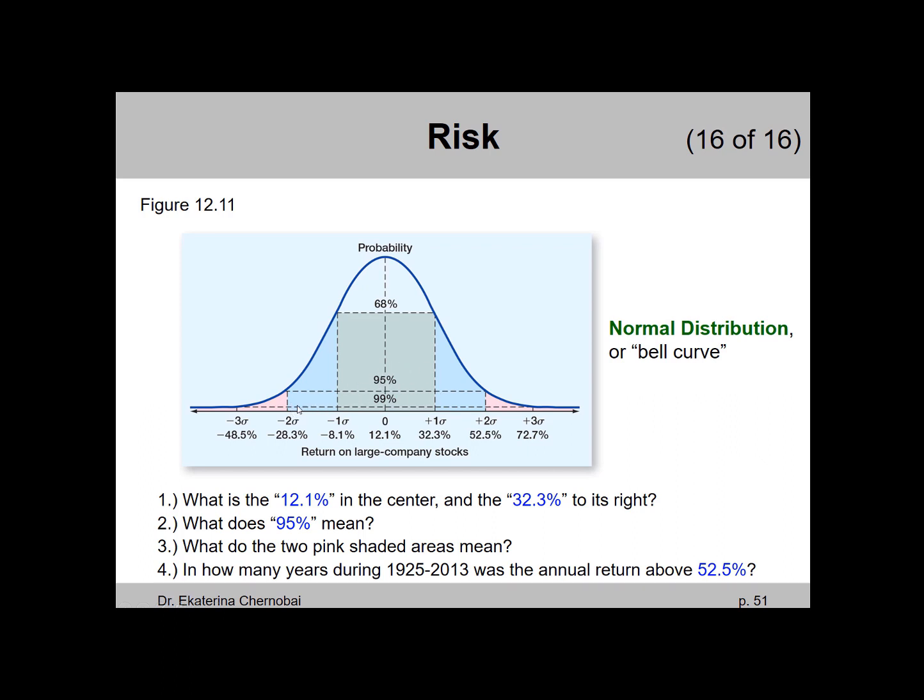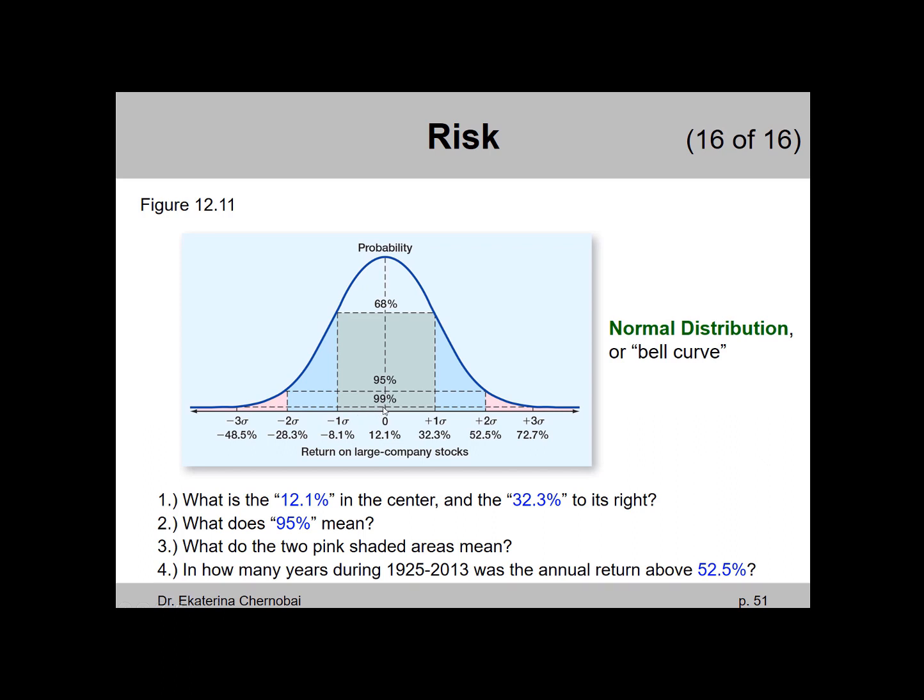So 5% of the time the return was below minus 28.3% or above 52.5%. Either below or above these two percentages. 5% of the time. That's question number 3. We can also add and say something like,